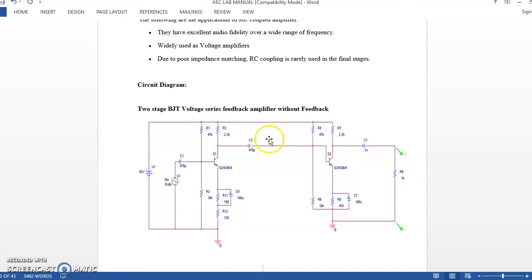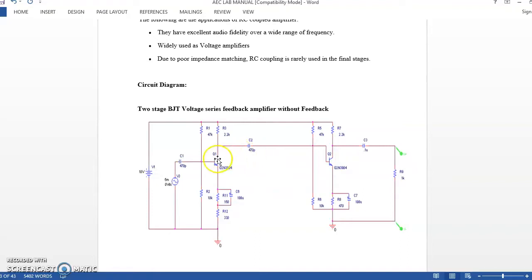Between the two stages, we have a coupling capacitor, shown here as C2, which couples the output of the first stage to the input of the second stage. Because of the collector resistance R and this coupling capacitor C2, this amplifier is known as an RC coupled amplifier.